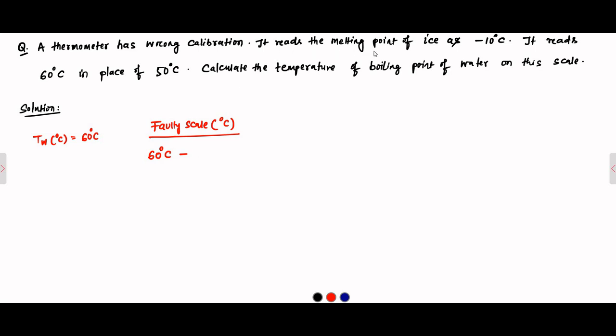Here the wrong lower fixed point is the melting point of ice in the faulty thermometer. That is the lower fixed point, the wrong one, equal to minus 10 degrees Celsius. So 60 degrees Celsius minus 10 degrees Celsius